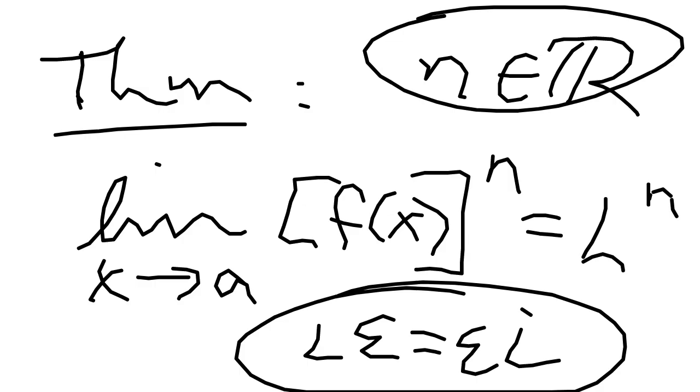I do want to look at an example of this theorem. Once again, all of these theorems have that the limit as x approaches a of f of x exists and equals L. Get bigger. Thank you. No, it's not letting me write. But let's look at an example. The limit as x approaches 2 of x to the